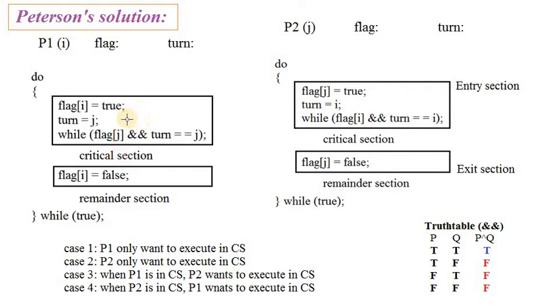So first we will check some programming statements with the conditions. If the conditions allow us to enter into the critical section, then the process will leave the entry section and come into the critical section. Then after executing the critical section, it will go to the exit section. In this exit section, the program that is exiting from the critical section will allow the other program to enter into the critical section. So that is the main motive of this software based solution.